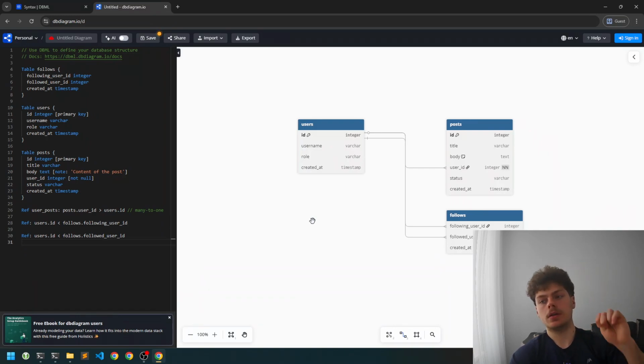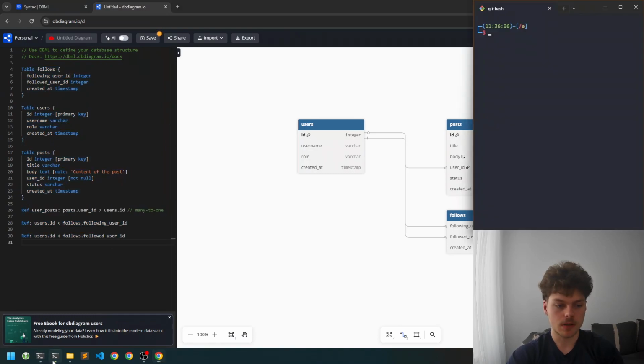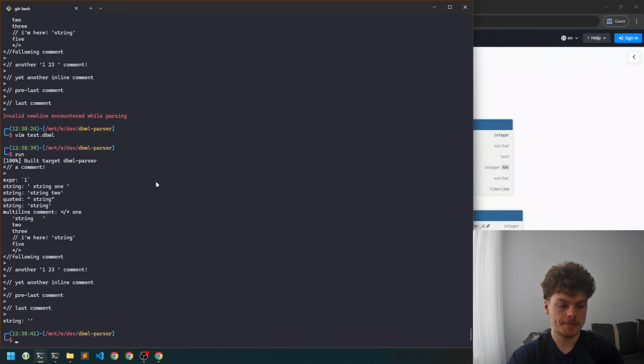So we only can use them inside strings, as I see. And that's good because we already have this function parseString, and we can implement this escaping inside of it instead of having to implement it for all the parsing, all the possible things that we parse here. So that's good. That's really good because what I thought